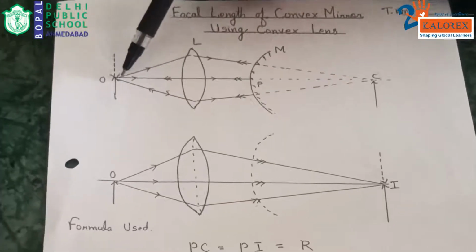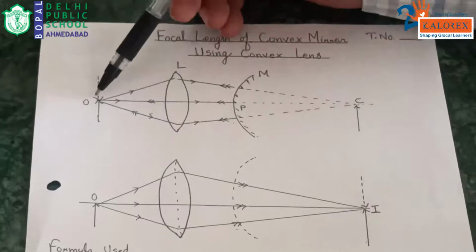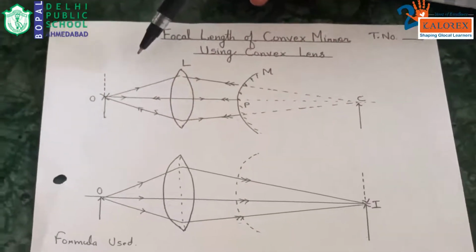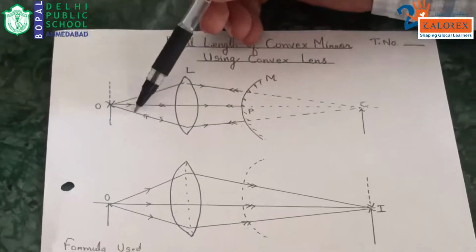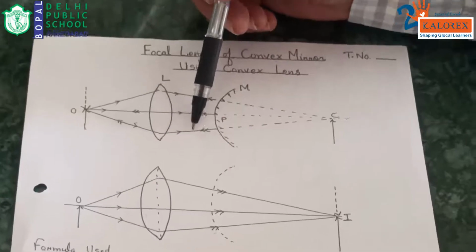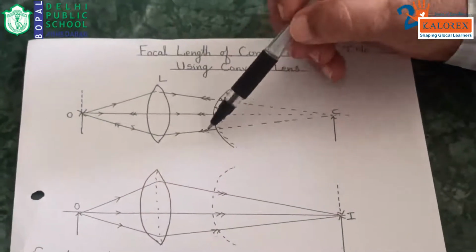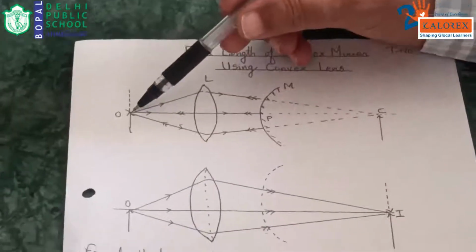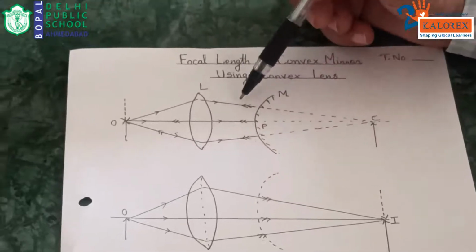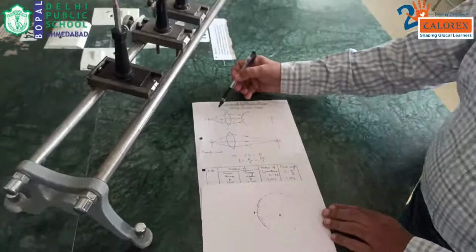By trial and error, I set it in such a way that I can get the image on the same position, by the principle of reversibility. What is that? Let us understand. This ray starts from here, it refracts, the refracted ray comes at the mirror, it reflects back and retraces the path again. So we can say the image is formed at the same position. Same way for the other two also. This is nothing but the reversibility principle. So I can get the image over here.